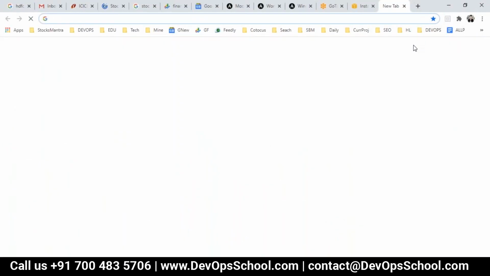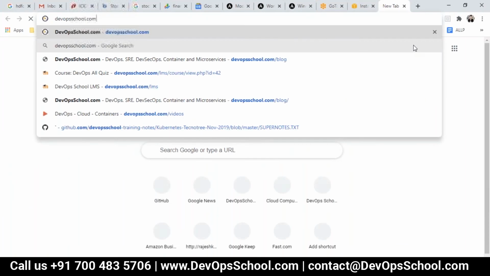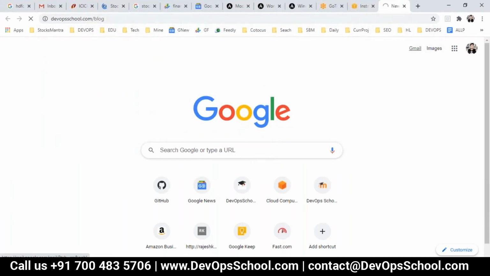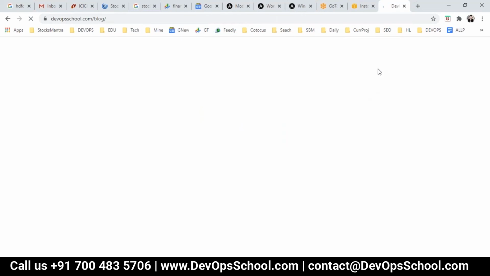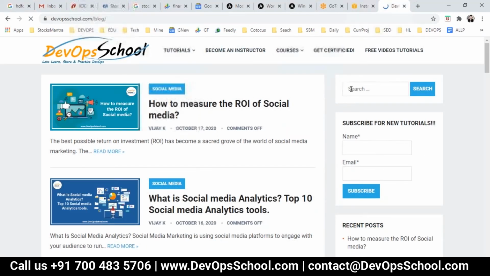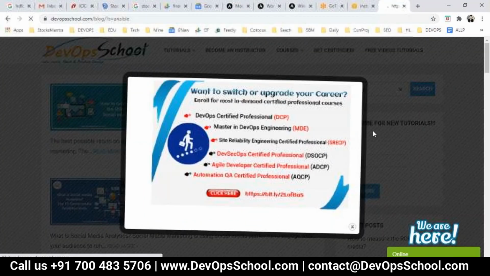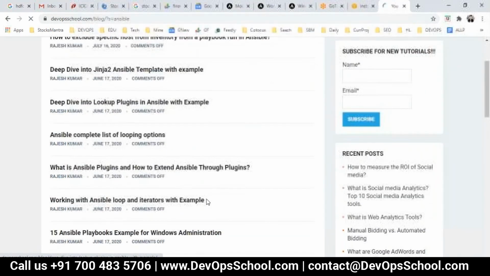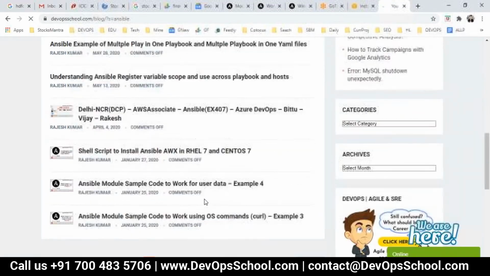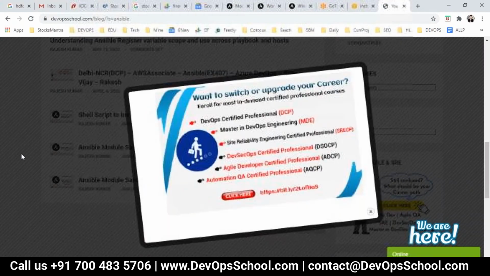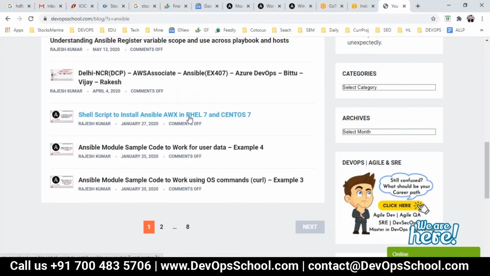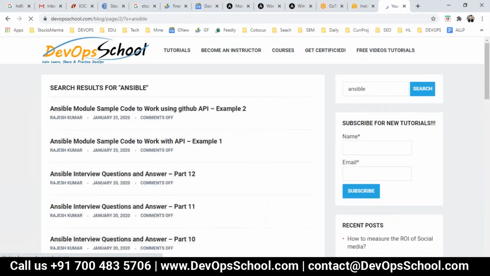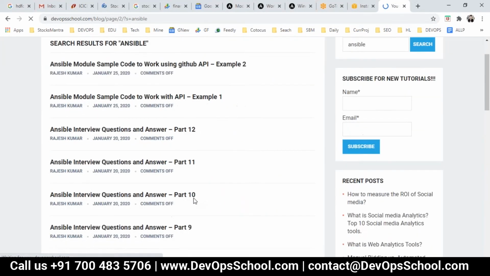Now where are the instructions for this? I'll share with you one of the URLs. Again, this is the place where you can find all of my tutorials written. So here you see Ansible. I will search in the search box. And I'll just go through that and see which will help me to install Ansible. Here it's a shell script to install Ansible on AWS, which is not needed right now. I'll go to the next also and check this here.